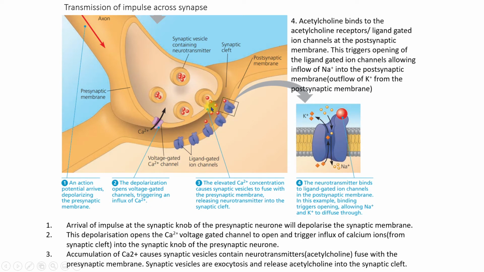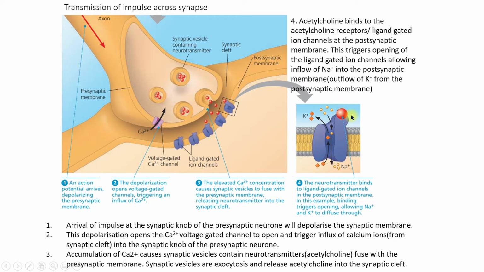Now, this acetylcholine will bind to the acetylcholine receptor at the postsynaptic membrane. This acetylcholine receptor is also known as a ligand-gated ion channel. You can see how this acetylcholine binds with this ligand-gated ion channel in this closer-up diagram. Now, the binding of this acetylcholine to this